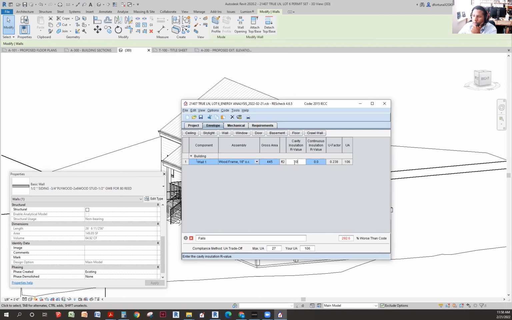Typically, we use the cavity insulation, but that continuous insulation is another option in case you wanted to add it, and it will tell you, one layer equals, I don't know, R5 or something like that. So you will put it in here. So R20, that's perfect. The program already creates the U factor and all of that stuff. So what we're gonna do is